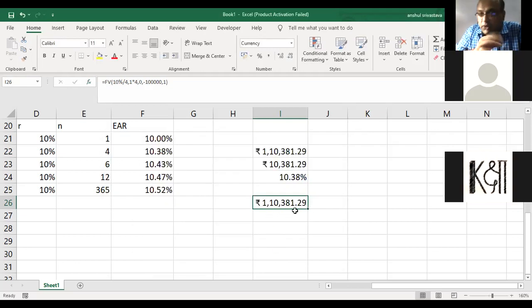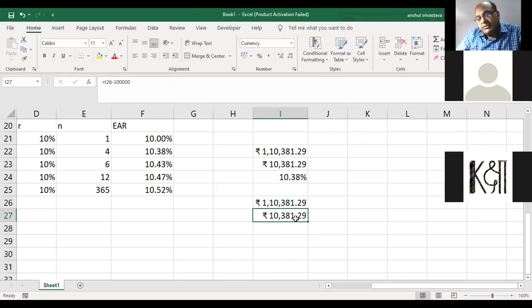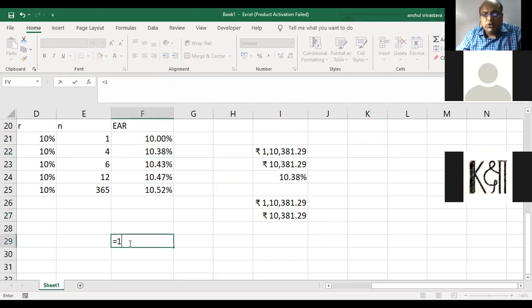That means in the normal case, if you invest 1 lakh rupees and the interest rate is 10%, you get 1,10,000. But here, because the compounding frequency is quarterly, you got more: 1,10,381 rupees. What is the interest that you got on the amount? Minus 1 lakh. That means on an investment of 1 lakh, you got an interest of 10,381, which we calculated through Excel, and